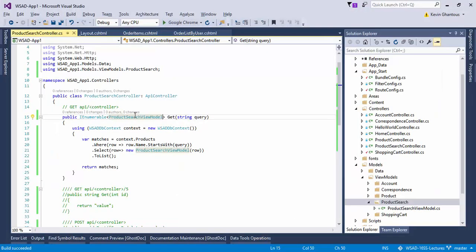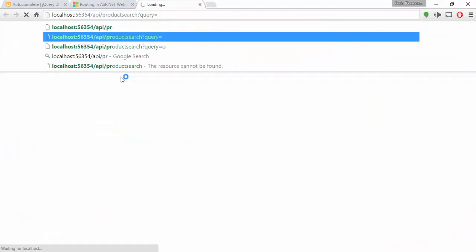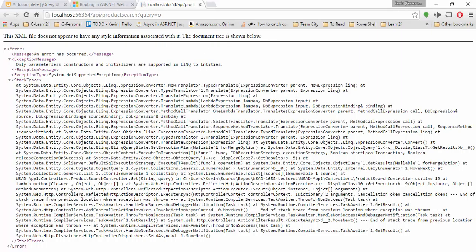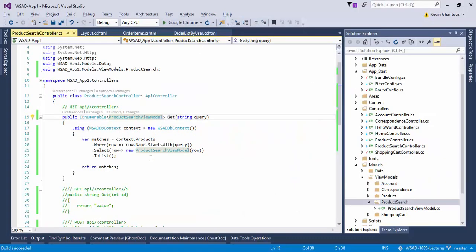So now if we flip back, and we search product search of O, we're getting an error that we've seen once before with the parameterless constructor. Guess it's just not working for us now. So what we have to do here is, instead of doing the select inline,